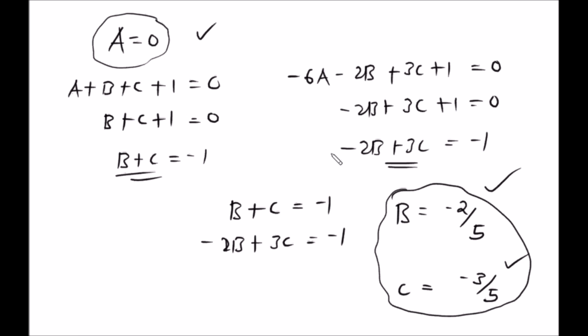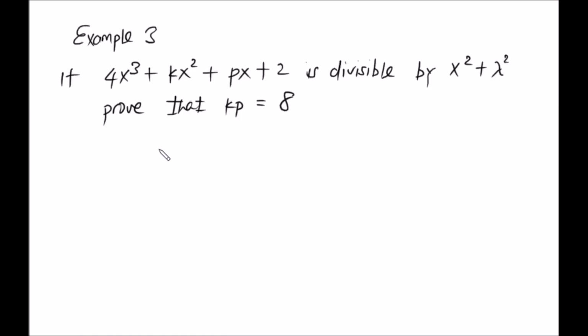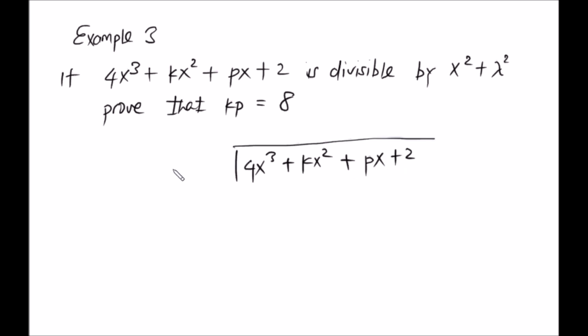Let us see now example 3. So this is example 3. Anasema if 4x cubed plus kx squared plus px plus 2 is divisible by x squared plus lambda squared, prove that kp is equal to 8. Ikiwa divisible maana yake remainder is equal to 0. Kwa hiyo ukidivide na x square plus alpha square, remainder inakuwa ngapi? 0. So let's divide. Maana hapo kuna 4x, so nitakuwa na